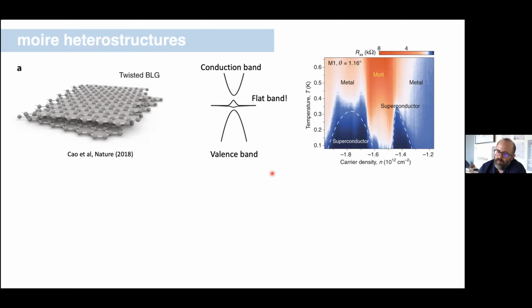Certainly the origin of superconductivity is driven in some part by the interactions scale, that Coulomb interactions are dominant in this flat band system. The other is that you have a correlated insulator at half band filling. So this is what's called a Mott gap. And what's really amazing is this system is electrostatically tunable. So you can just shift the chemical potential by gating because it's a two-dimensional system. You can just with a gate shift from the Mott gap to the superconducting state to the normal metallic state, etc.